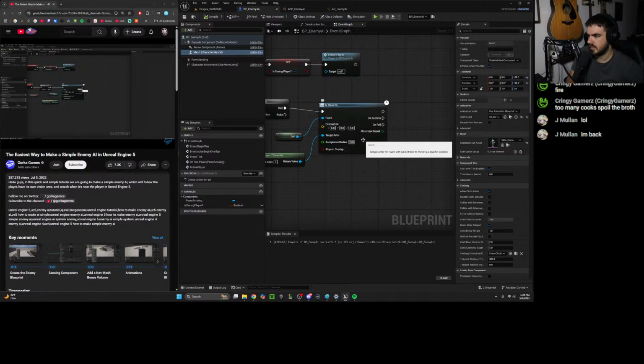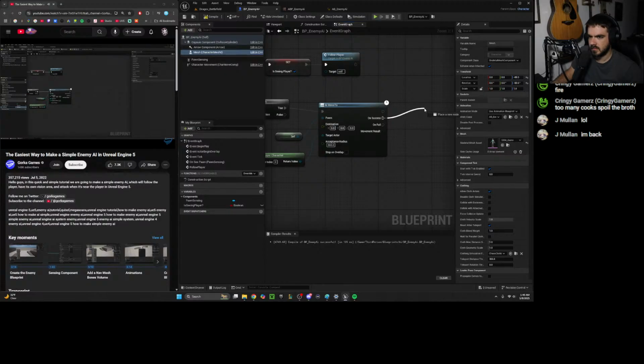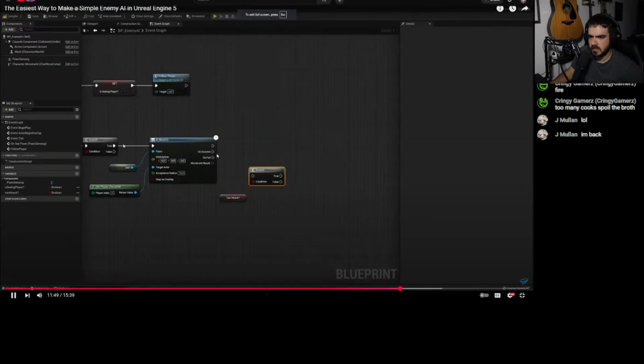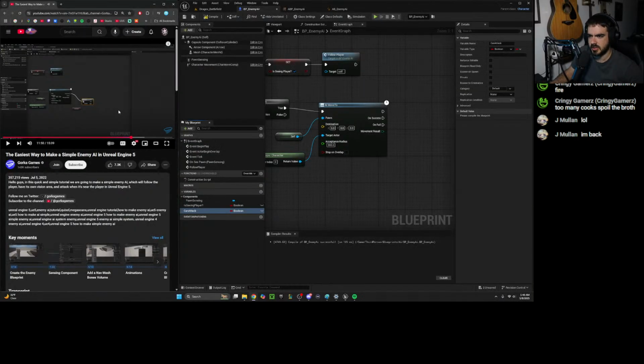Now on the unsuccess, we're gonna create a new variable saying can attack. That of course is gonna be boolean, and we're gonna just go ahead here and say branch, and the question is basically if we can attack, we'll say okay, now we'll set can attack to false because we don't want to attack again because we are